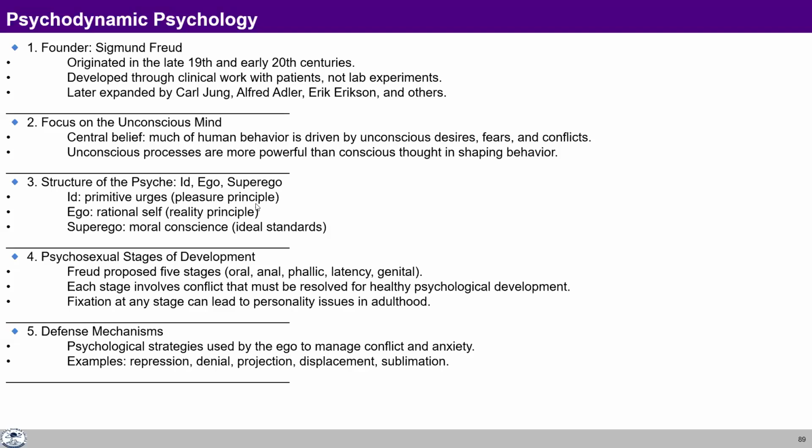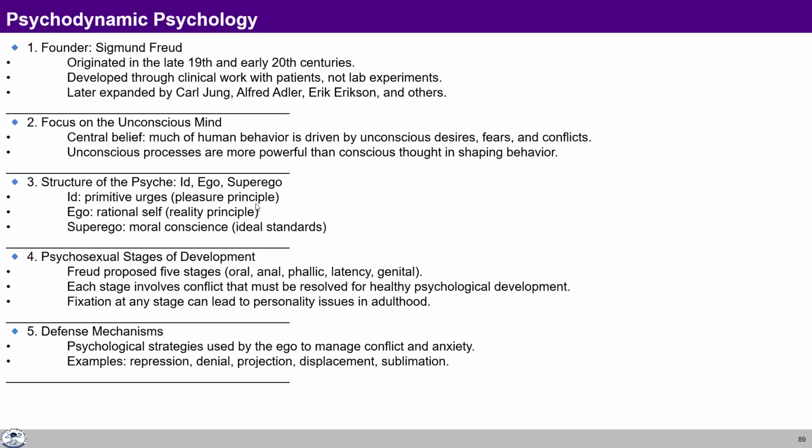So this is the way he explains the dilemmas in the human mind and how the human mind deals with contradictions and dilemmas. One major emphasis of Freud was the psychosexual stages of development. He proposed that there are five stages: oral, anal, phallic, latency, and genital. This is based on the age of the child, right from early childhood to old age.